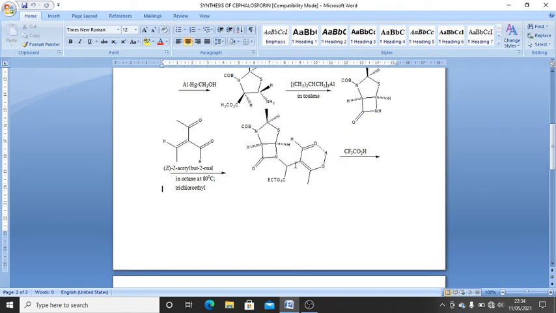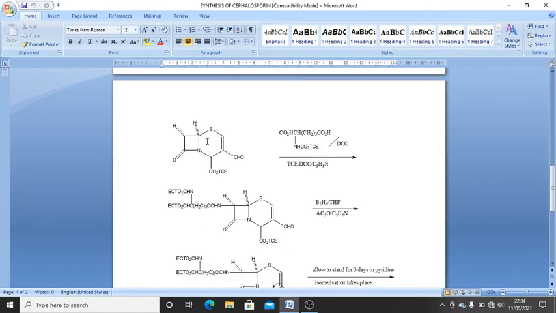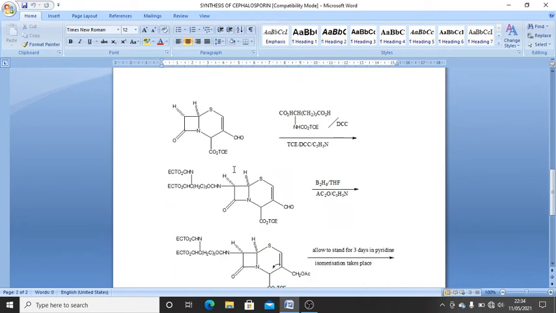This happens because the sulfur in the 5-membered ring now gets opened up, so that it will be converted to a 6-membered ring along with the 4-membered ring. In this system, I will be getting an intermediate which is similar to that of a cephalosporic acid. Now this cephalosporic acid reacts with 2-substituted hexane amide in the presence of